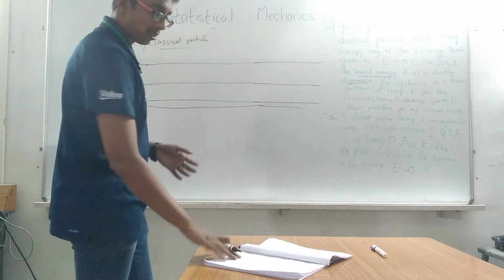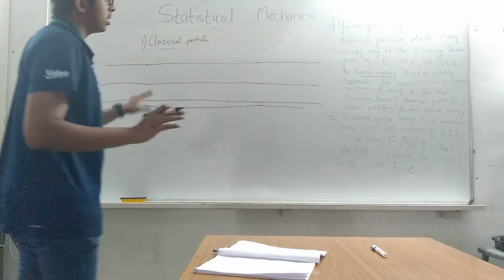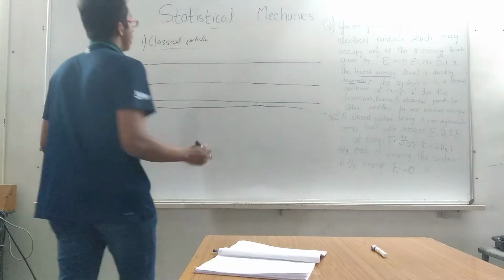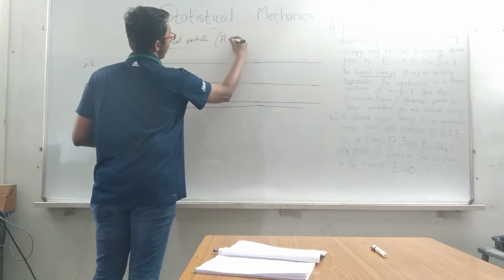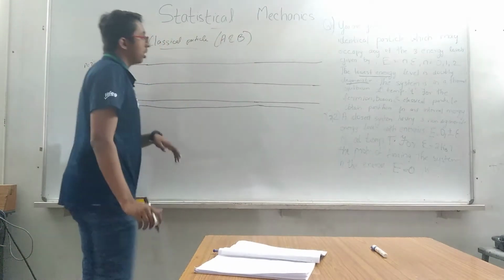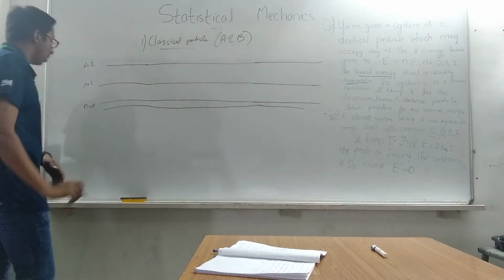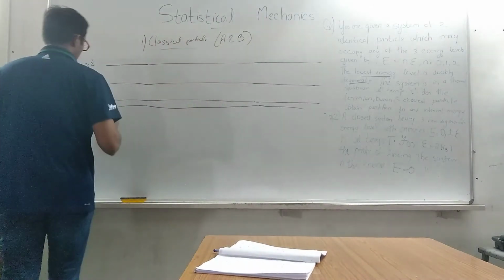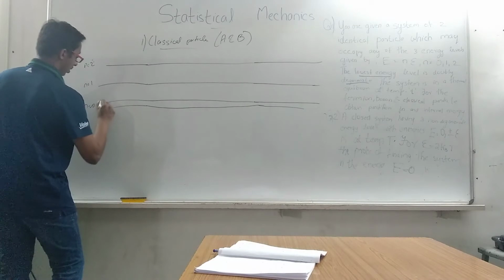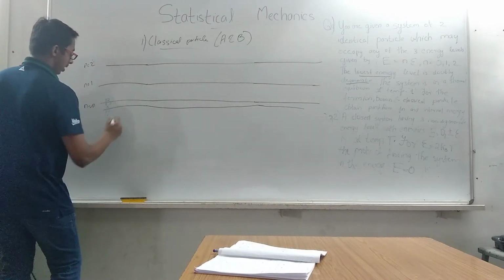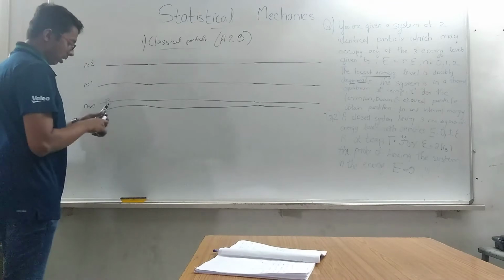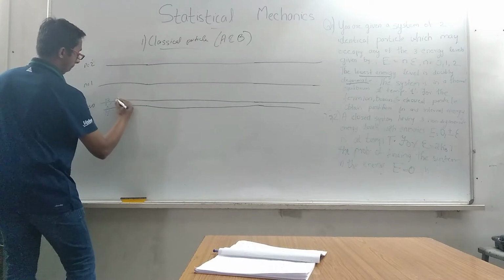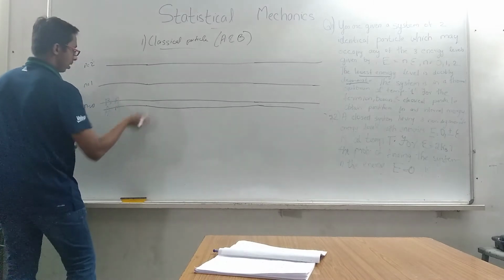So here we are going to apply the concepts. The first concept is that classical particles are identical and distinguishable. So we can call these particles A and B, as they are distinguishable. We are going to occupy all the levels. The first possibility is this A and this B. The second possibility is the reverse order, because both are distinguishable and identical. Third possibility is